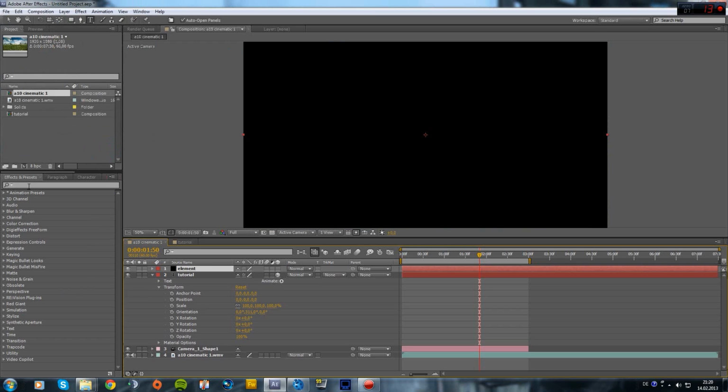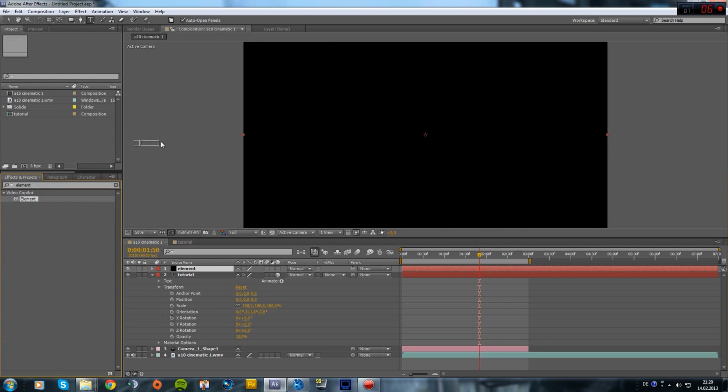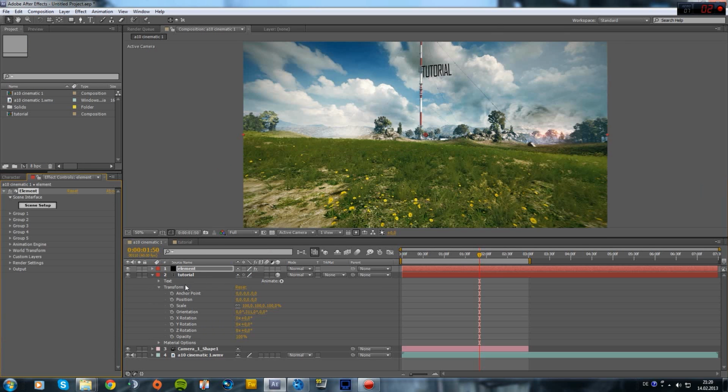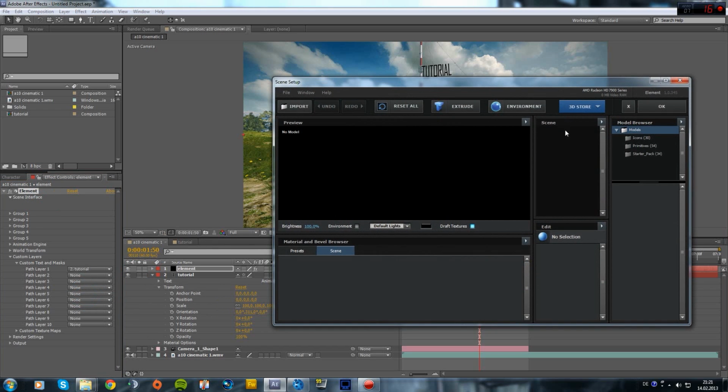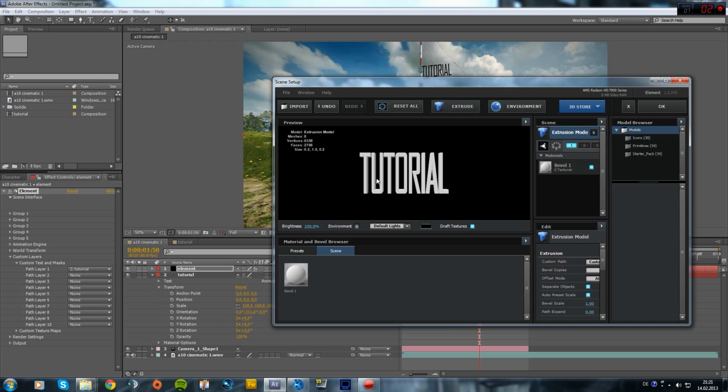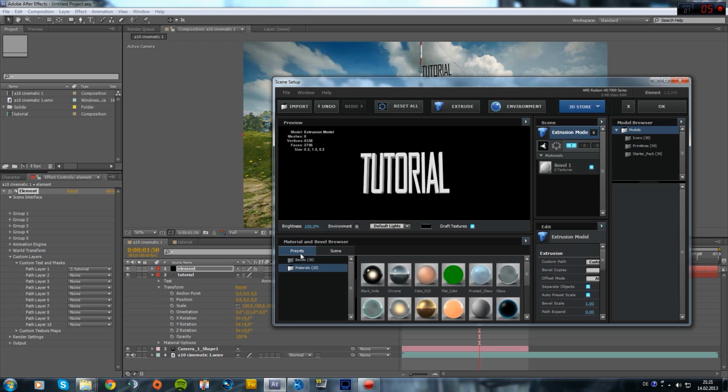Okay, and apply Element 3D, this one, onto the solid. It's going to take a second, and now in here you can select a custom layer, pretty much any of those layers. In my case it would be the tutorial layer, so the text. You can select that, and then you can extrude the whole text, which will then give you a three-dimensional version of your text. And you can